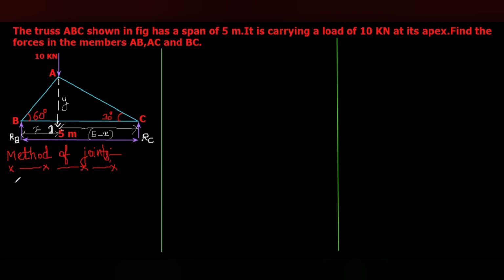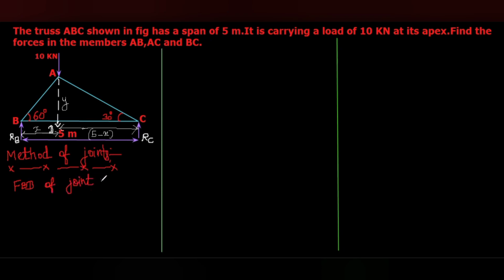So here, first I'm going to analyze the free body diagram of the joint B as I mentioned earlier. First start with the joints in the corners. Free body diagram of